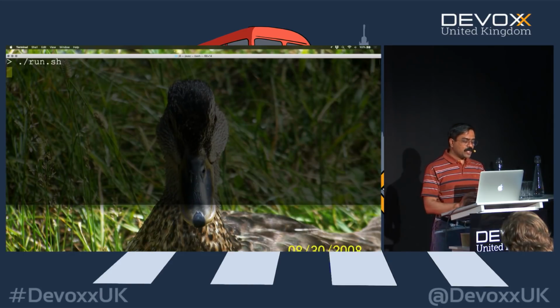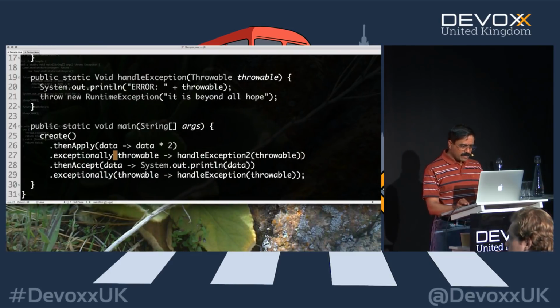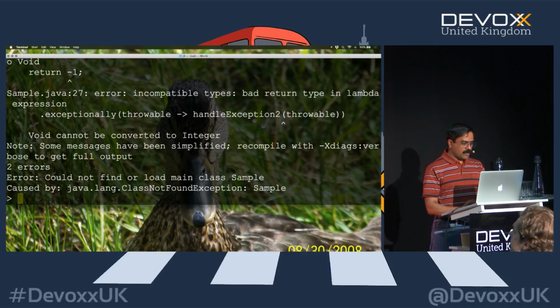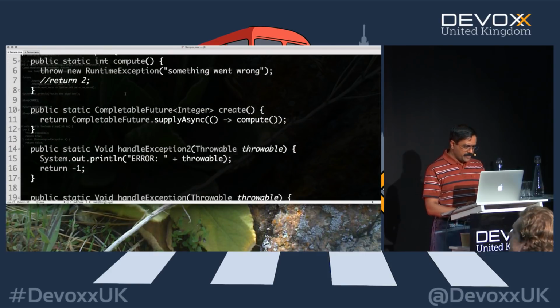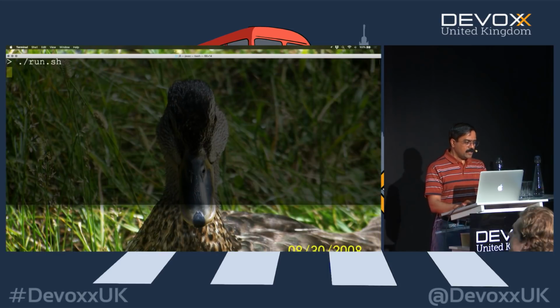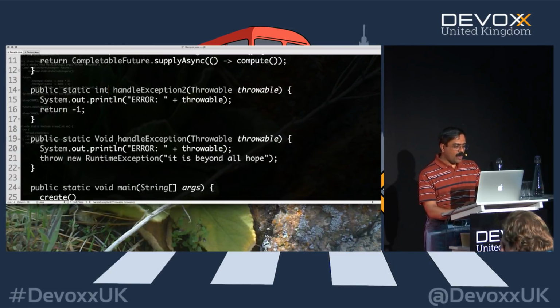So when I go back and execute this code, oh, wait a minute. The semicolon, let's remove that semicolon right there. So when I go back to the code and execute it, all right, this is going to be an int, isn't it? Type. So where's the handle 2? That's going to be an int, which is what I want to return. So fire away. Now notice it printed a -1, and the reason for that is it printed an error, something went wrong, but it still printed a -1. Why? Because this guy recovered from the error.